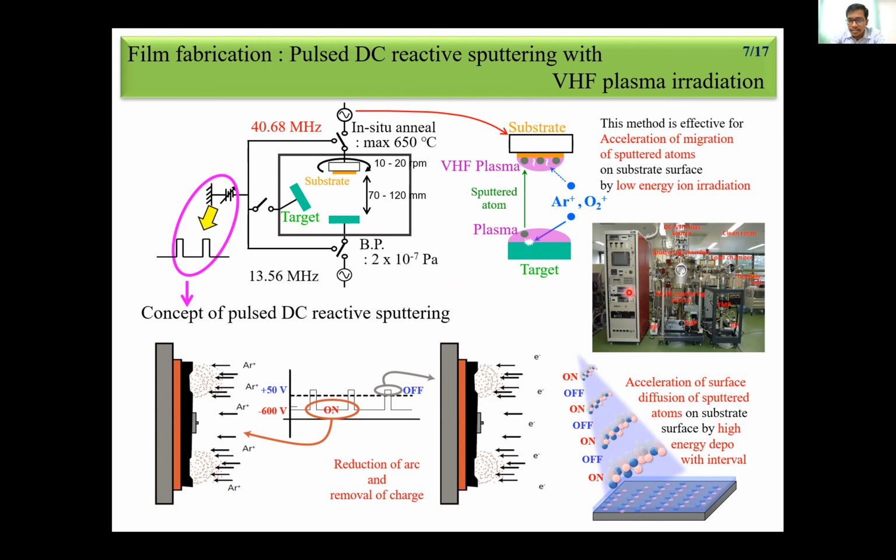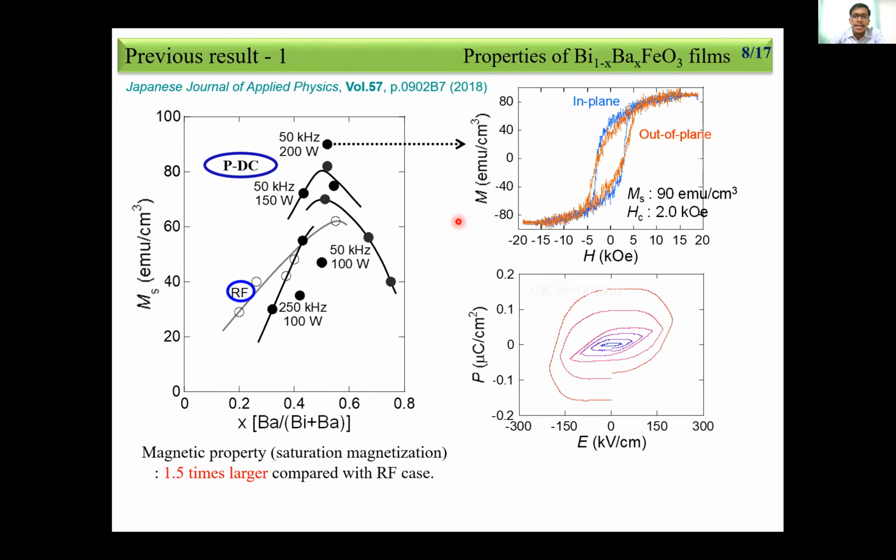So this is the device which we are using. You can see here, first we substituted barium by using our RF sputtering and pulse DC sputtering. The pulse DC sputtered thin films give a very highly enhanced magnetic property compared to RF. That means pulse DC is really effective to enhance the magnetic property by means of crystallization. It is measured like that, 1.5 times larger pulse DC property than RF.